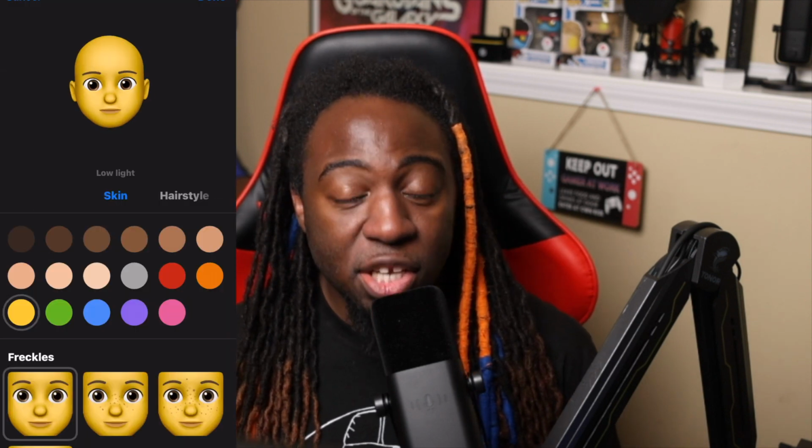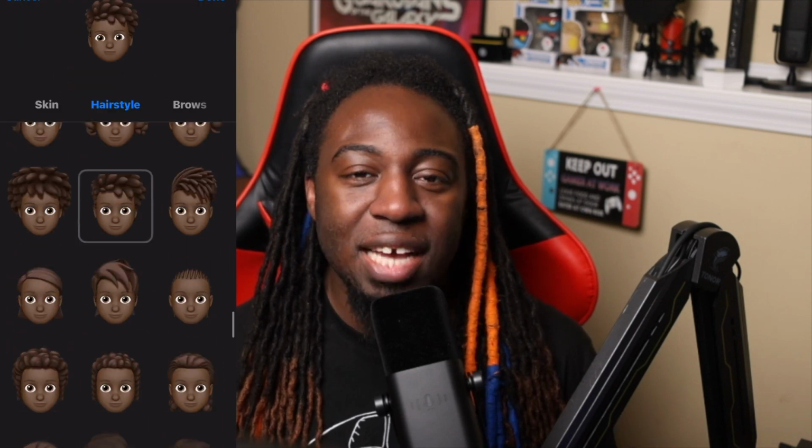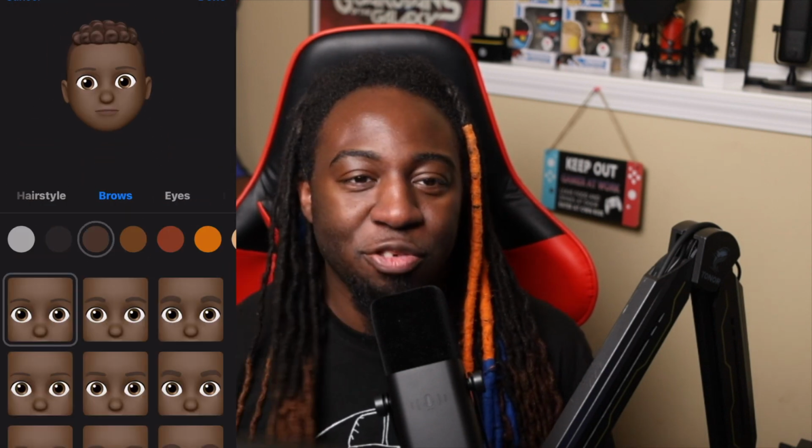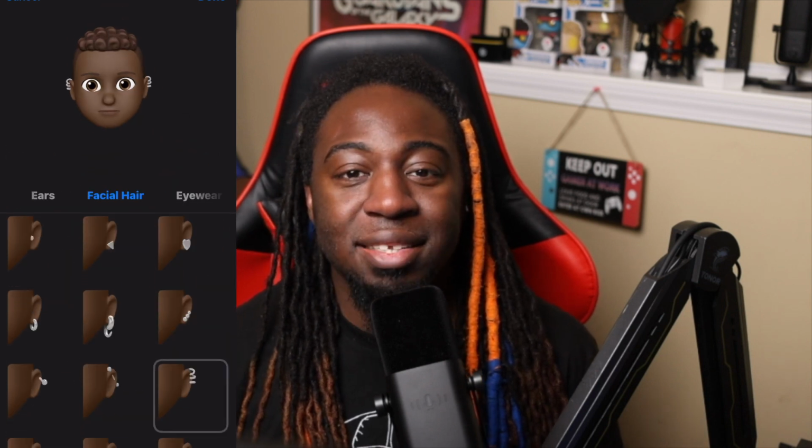And for my final tip, and this might be the easiest one, use your phone. Now these are for my Apple users. If you're on Android, I really don't know what to say. Anyway, go to the emoji section on your iPhone. In the emoji section, you can create an emoji based off of your face with different types of styles. So you can do different hair designs, different anything,